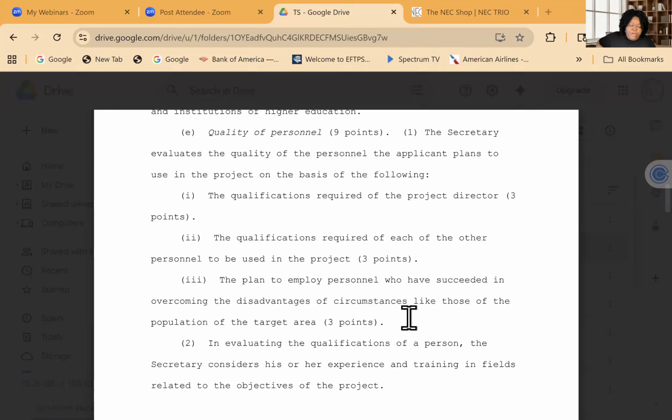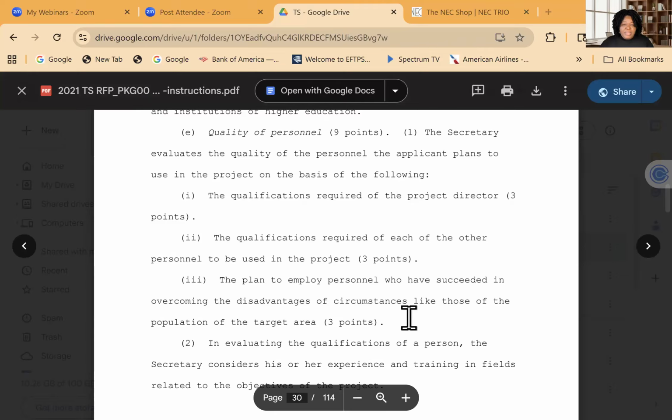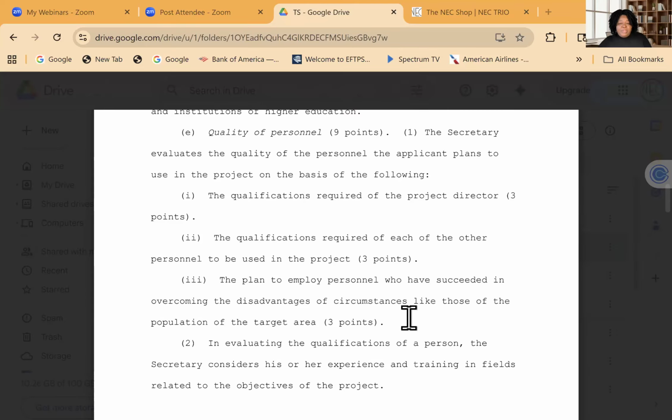I think that this is an opportunity to reiterate that you are selecting the most qualified individuals based not only on the experience but on their education or what have you. So you're hiring the most qualified people. I think this is where you would want to reiterate that. But then I think that part of it is as Lisa was talking about, and I was just continuing to rethink this. It specifically says, succeeded in overcoming the disadvantages.